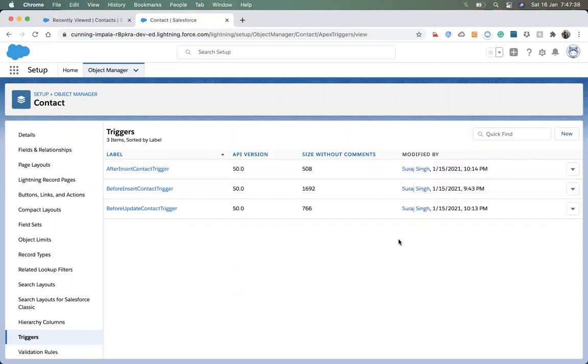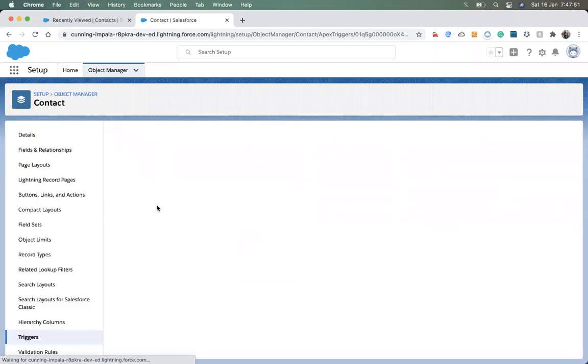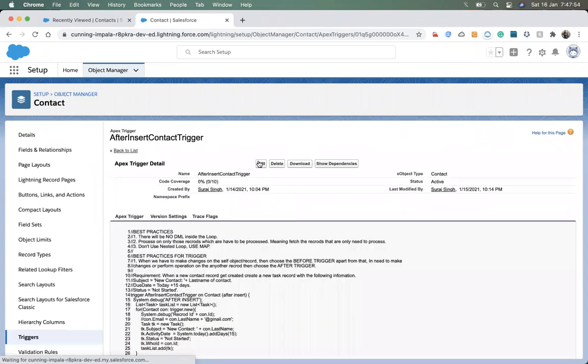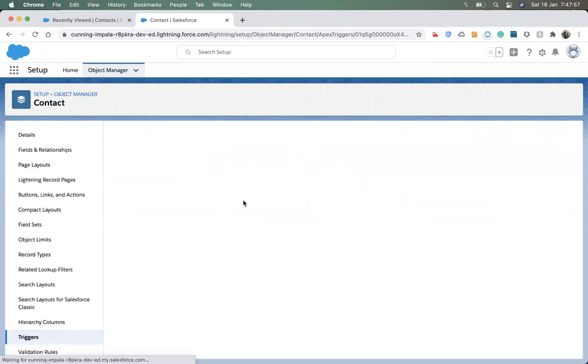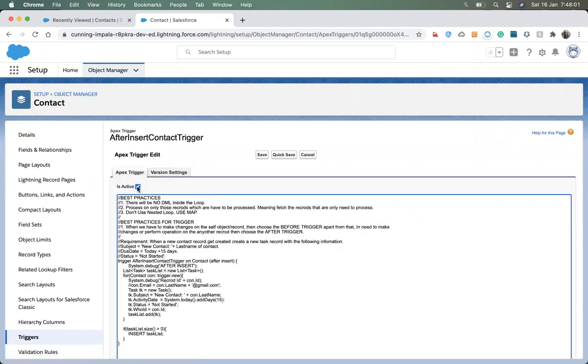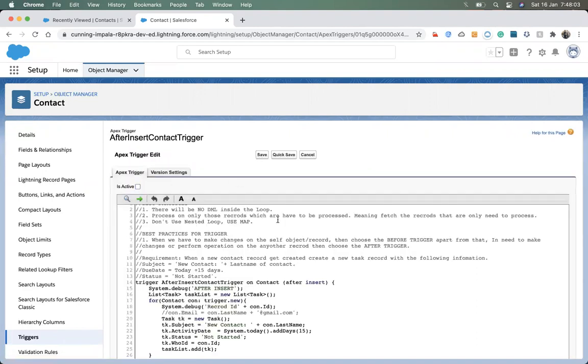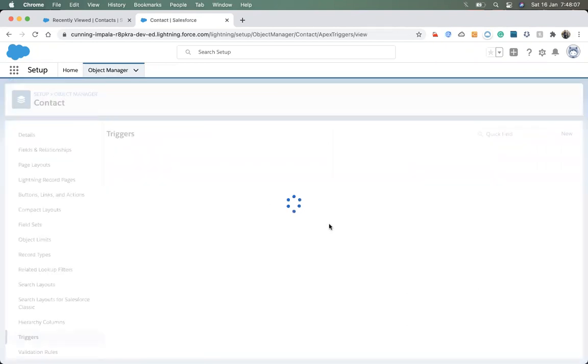So how are we going to do that? First we need to deactivate these triggers, and after deactivating, I will create a new trigger. Let me open this trigger, hit edit, and deactivate it. Deactivating the trigger means it will never run.